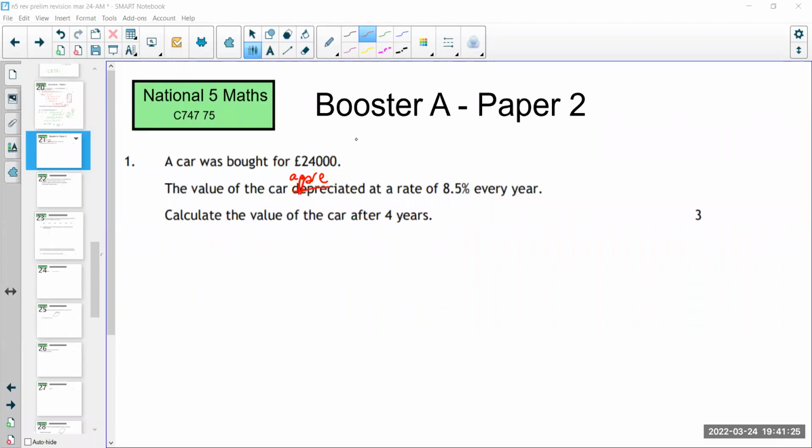Okay, so we've started recording again. So here I've got a car which was bought for 24,000. And like I said, you're going to have an appreciation type question at a rate of 8.5%. So the first thing you should be trying to find here is what we call the multiplier. Okay, so multiplier, how do we get this? To find your multiplier, you've got your calculator. Your multiplier is 100%